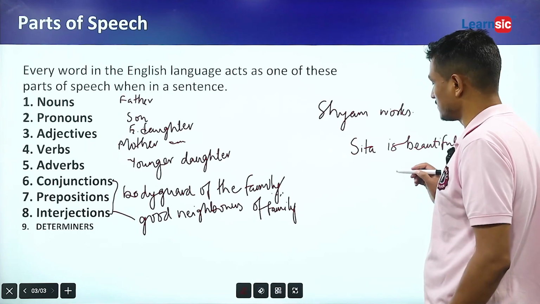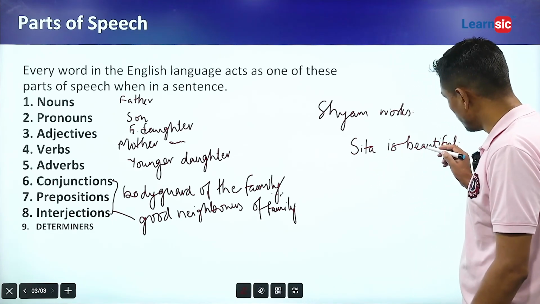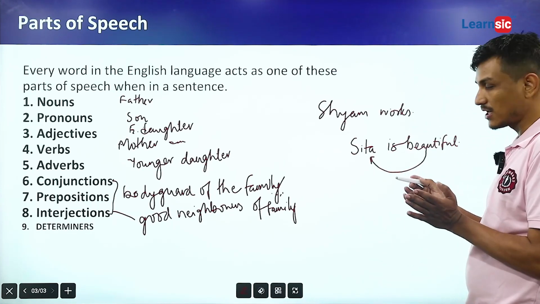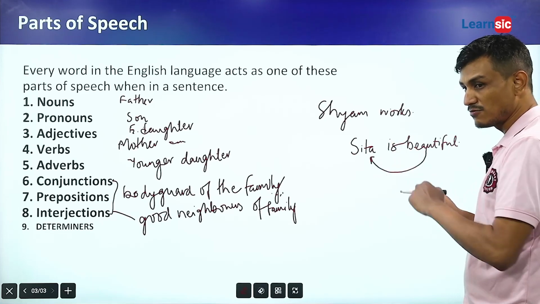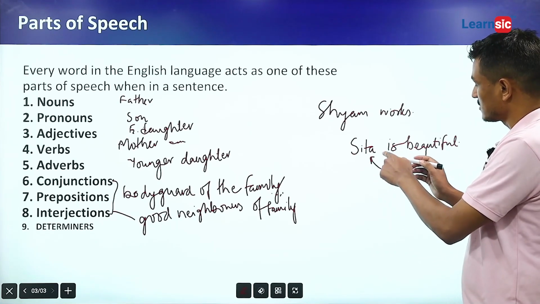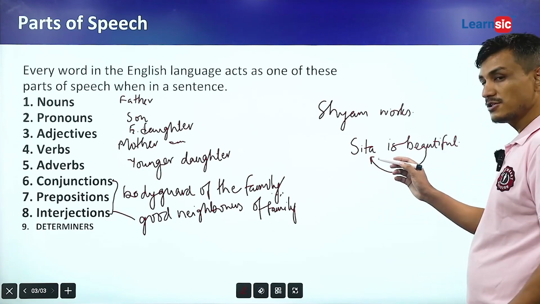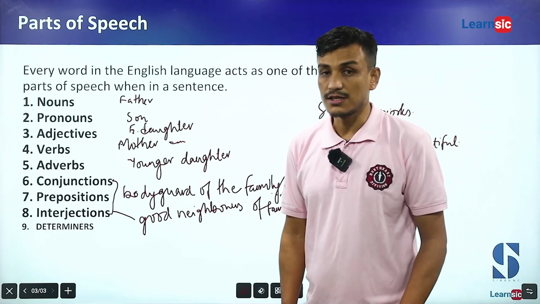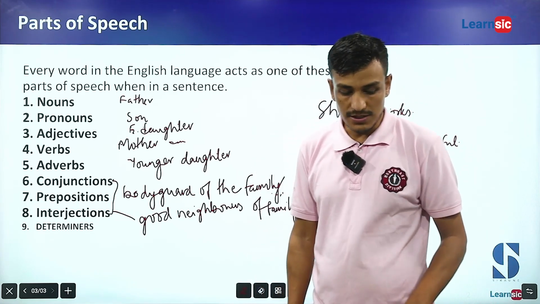Sita is beautiful. Now you see, the word beautiful is saying something to Sita, something about Sita. Sita is the noun of the family, the doer of the action. So the word beautiful is saying something about Sita. That means nouns and pronouns are always described by